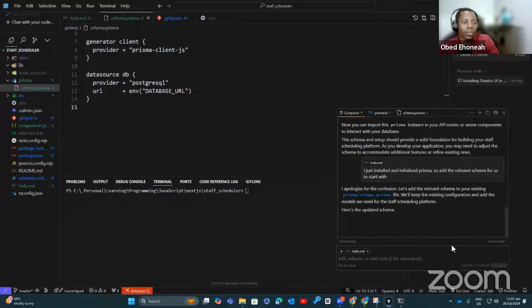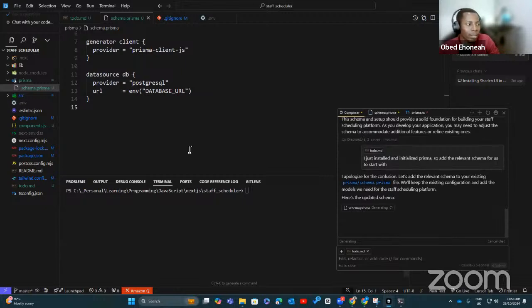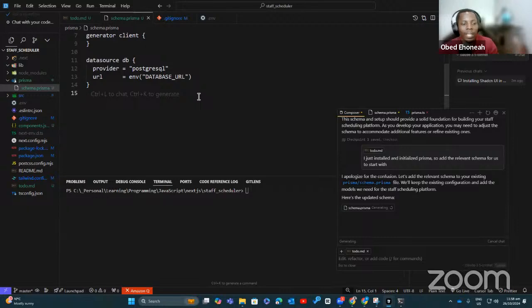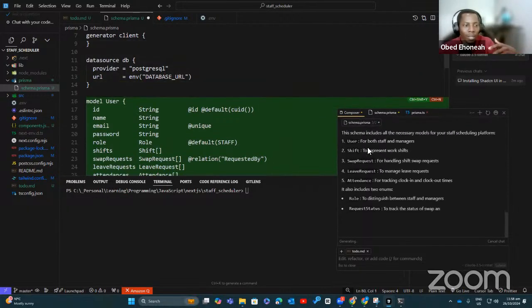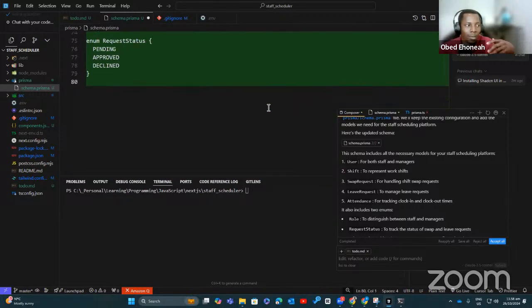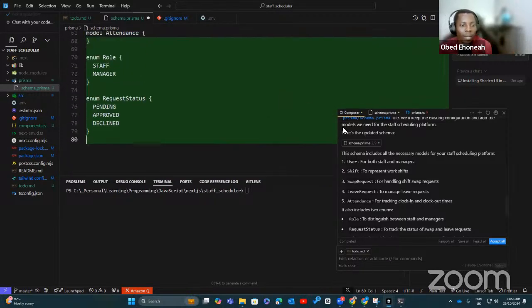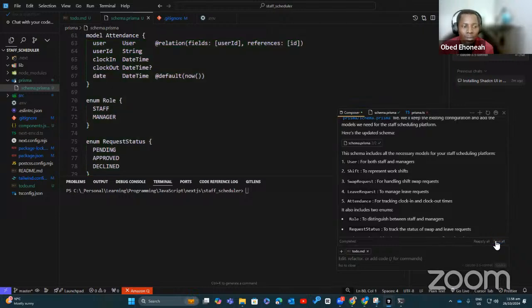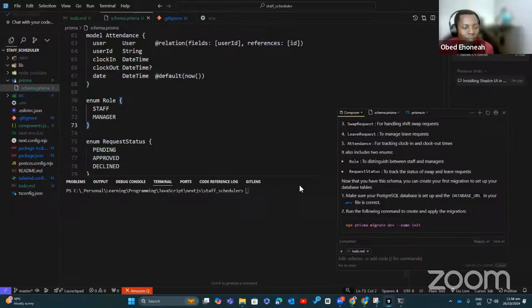Okay. So once it has added, it's creating, no, it should be in there. So it will add the code to this file. When it's done, then you have to review it. If you like it, you accept it. So it says, I've added this, and you can see these are the code that it has added, right? So if I am okay with this, I go to accept all, then this has been accepted, the code has been added, the file has been created.